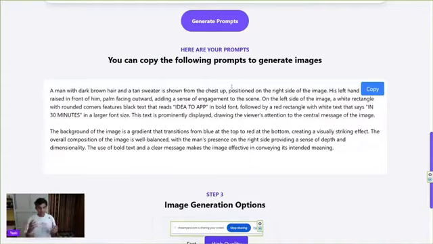I don't know, right now the developers are changing something. There should be a pencil icon here that is gone, but by the time you see it, it should be here. So you will see the pencil icon here, and you can change things. You can say, like, change the guy to a woman or girl and change the text to this, blah blah blah, right?